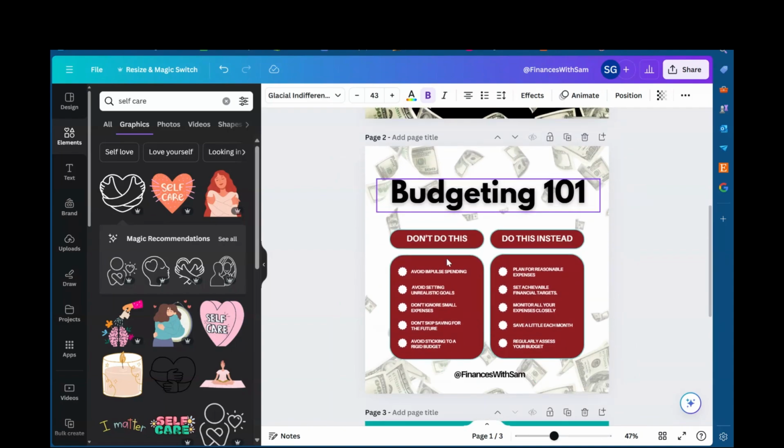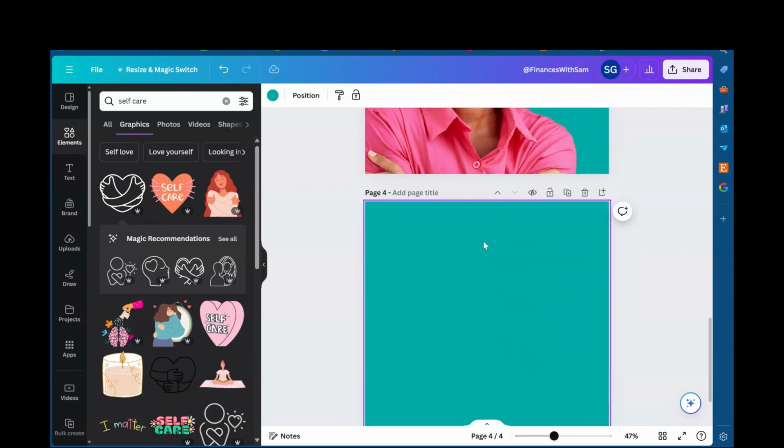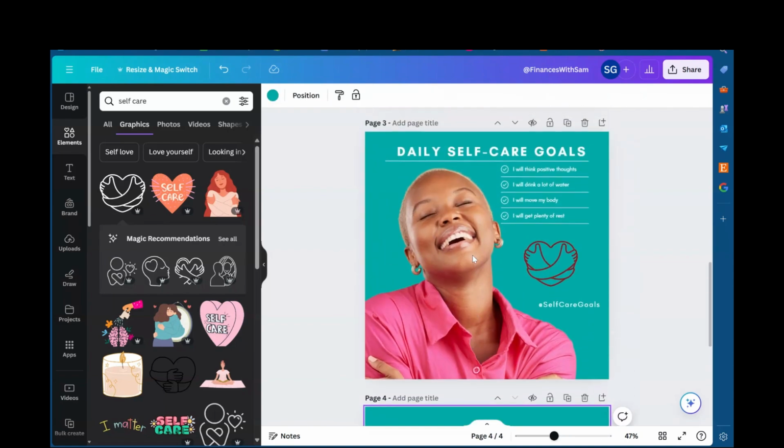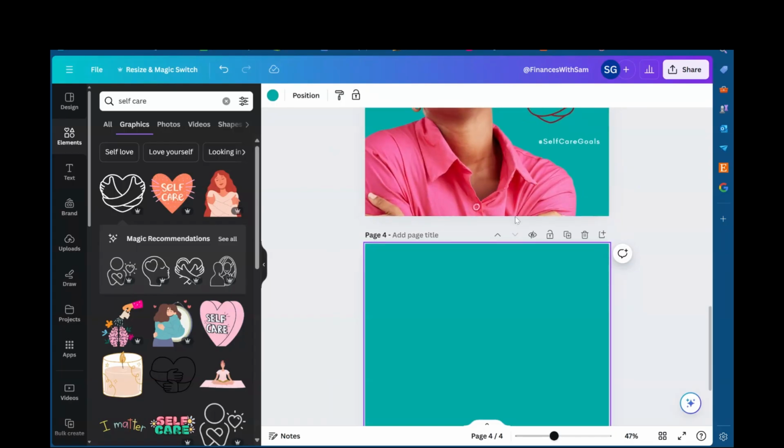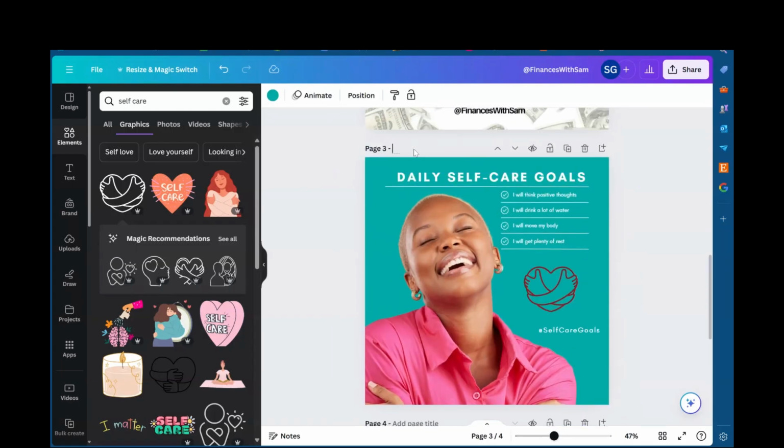And then you don't have to keep creating a new design thing. You could just keep adding a new page and create all your social media posts in one thing. That way you can save and have them all here, and you can name each one if you need to. That way when it downloads, it has a particular name. So this could be self-care post for, let's say, July 29th. So when you're downloading them, you can give them each a name,